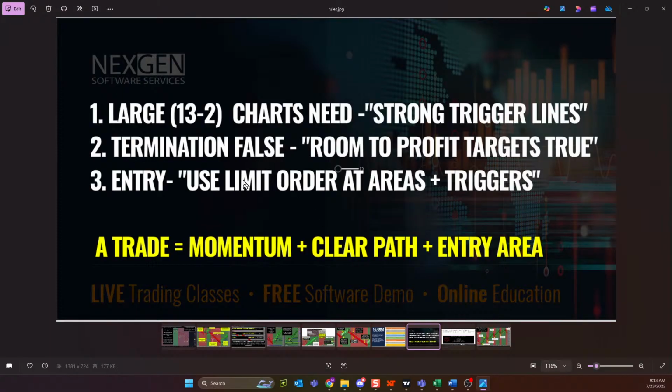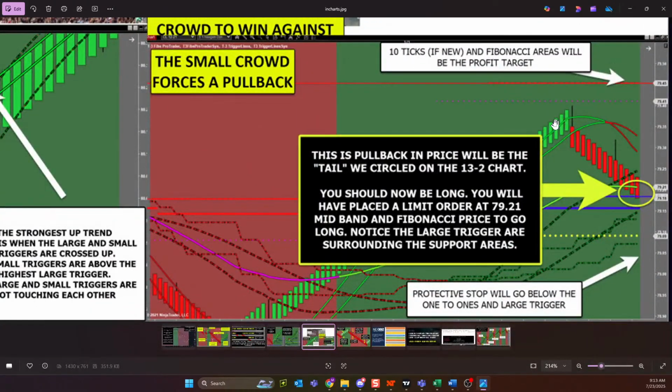So the rules for entry are I'm going to buy or sell a pullback. So in this case, I'm going to buy a pullback. My big chart says up and my small chart's going down. And I'm going to do it at an area, at a fib, at a mid-band, or a yellow 1-to-1. And guys, I want that area to be inside of triggers, either large or synthetic. It doesn't matter to me which one it is, because the fight starts with a reversal bar. The retracement can be defined through the large and small triggers, and then the bounce to continue with the large chart is most likely to happen at an area inside of those triggers.